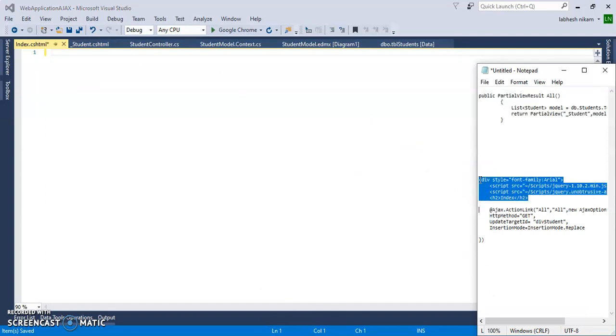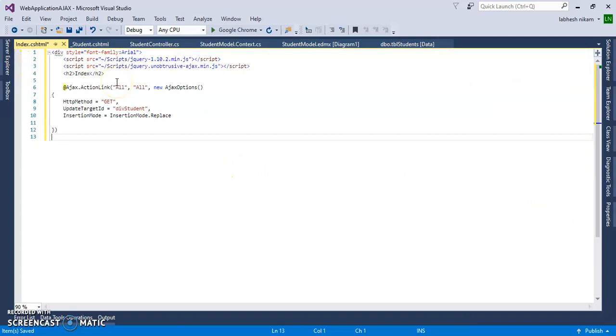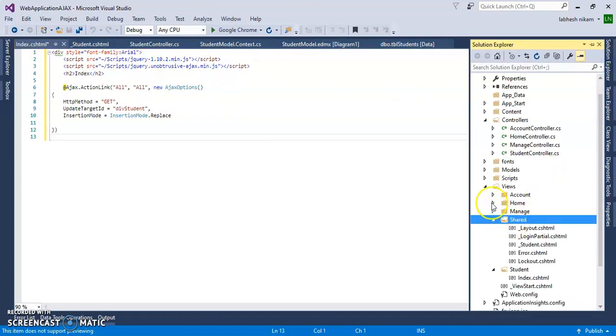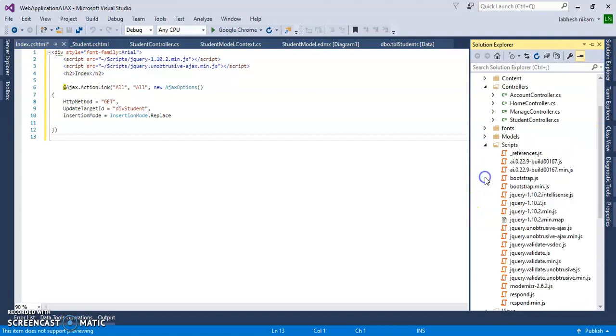Let's add all these things in the page. A div with style font-family Arial, and add these scripts from the Scripts folder: drag and drop jquery.unobtrusive-ajax.js and jquery.js.